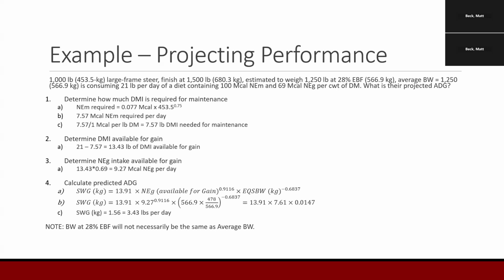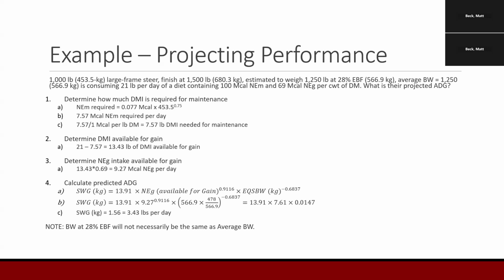Here I did use the right body weight, but I used the wrong NEM or NEG. You guys see that? Okay, so 8.31 raised to the 0.9116 is 6.89. So instead of 7.61 here, this should be 6.89 times